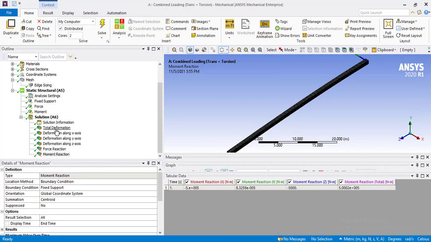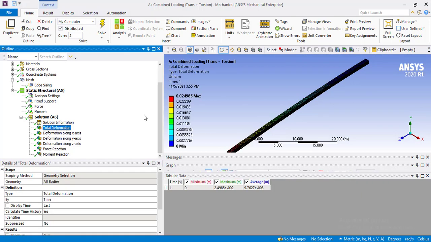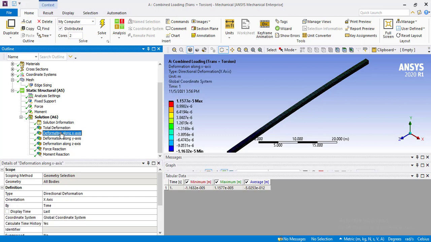First click on the total deformation. As you can see, the value of total deformation is 0.024985, which is in millimeters, 24 millimeter, which is reasonable. Now select x-axis. As you can see, there is no force being applied in the x-axis direction, therefore its magnitude is quite small. And select y-axis.